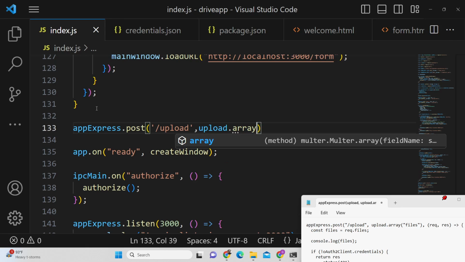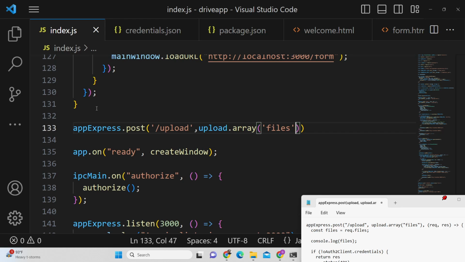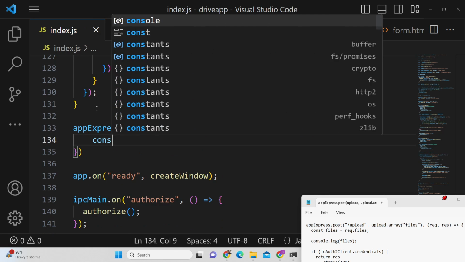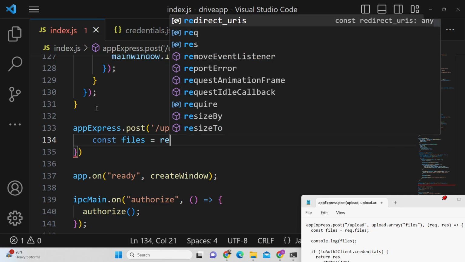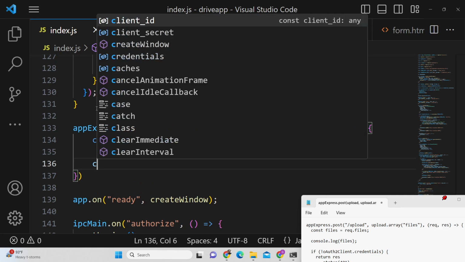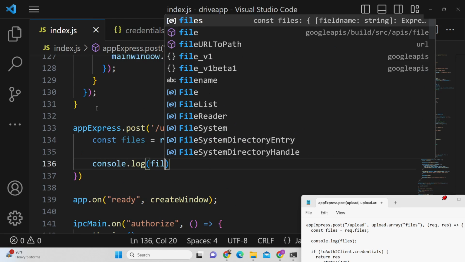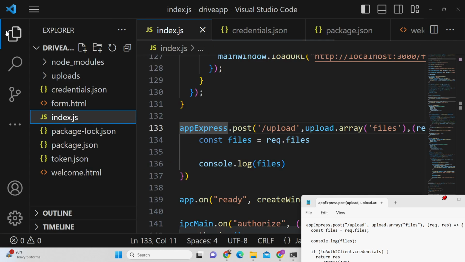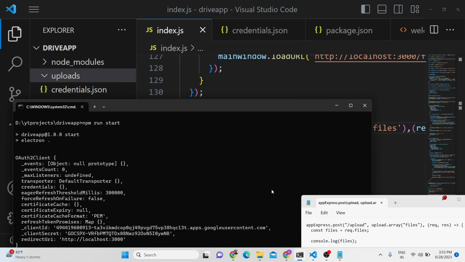It contains the array method to upload multiple files. It will upload the files, and then after that we will simply say const files = req.files, and we can console log the files. So just to cross check if the files are uploading inside the uploads directory, what I will do,